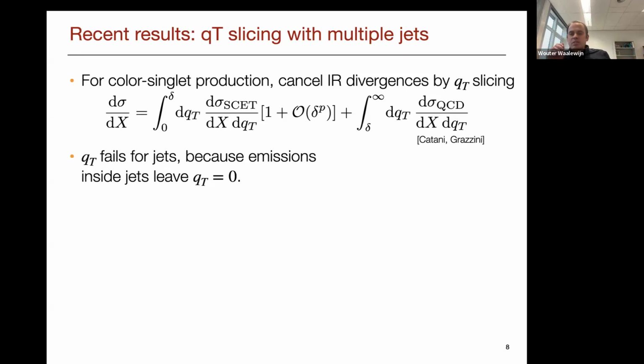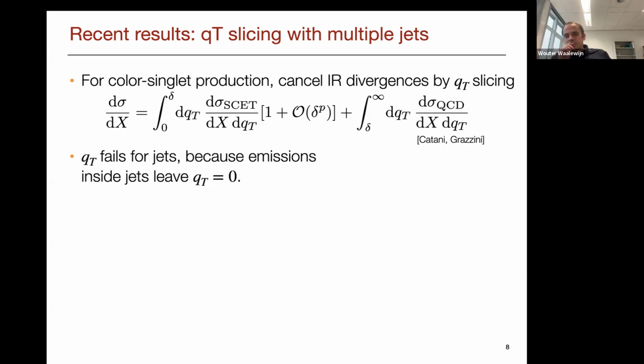You can say, let's take the QT of that photon or Z boson, and if it's below some threshold delta, that part I will treat separately from the region above. And the region above delta, I know this photon or Z boson recoils against QCD radiation, and so it effectively reduces to a calculation that involves one less order. So instead of an NNLO, you now have an NLO calculation, but you have one